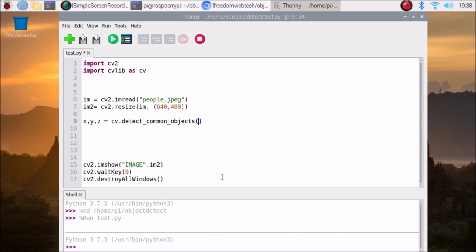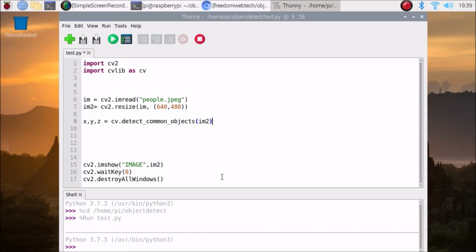Our image is basically im2. So x, y, z, as I told you, x is the bbox, y is the objects' label, and z is just the conf.